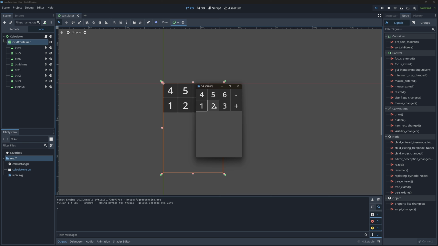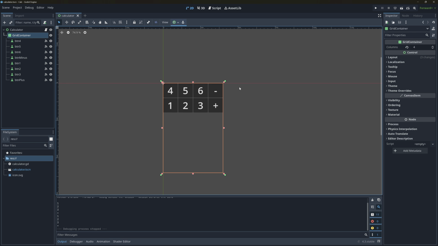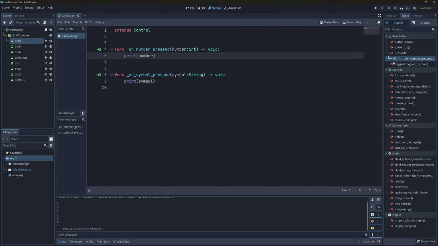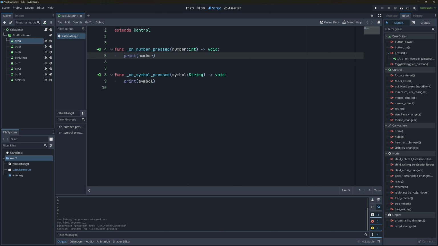And not only do 1, 2, 3, and plus work, as you can see down here, 4, 5, oops, 6, and minus. I forgot. I changed what was up here, I didn't change the signals. So we have to come in, select one, go into the signal. We'll have to edit it and change what the argument value is. So in this case, I'm doing the number 4. Then I can just hit connect. And again, if we run it,